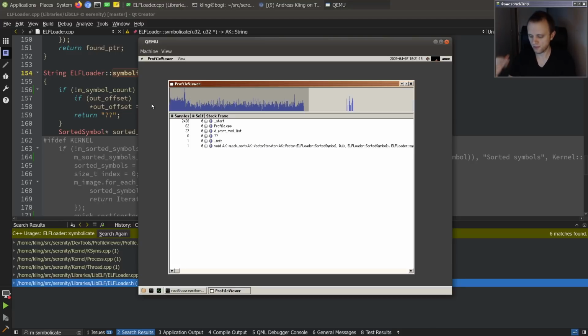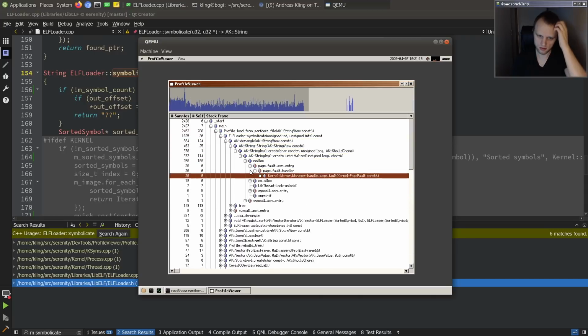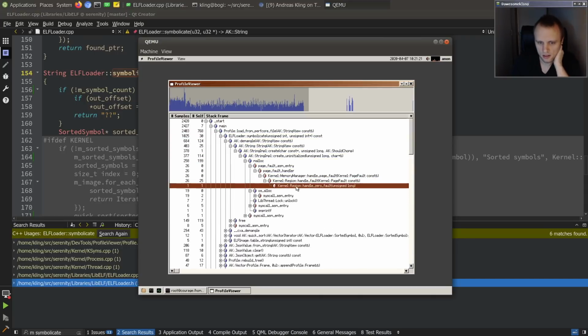So it has a bunch of addresses of functions that call each other. If we go to the innermost part here, like this guy right here, he has one sample at this particular frame. That means that this exact sample is this exact stack that you see here from the start down all the way to this guy right here. And in the case of start,